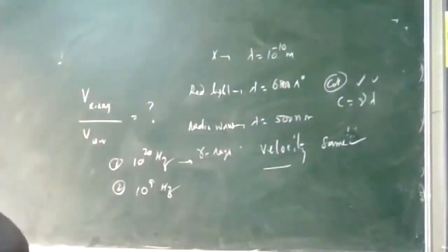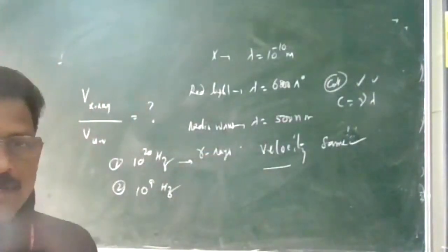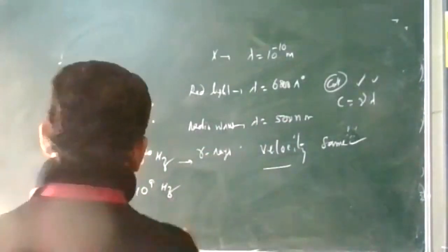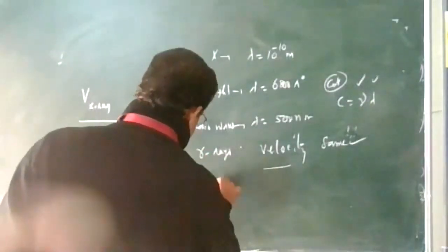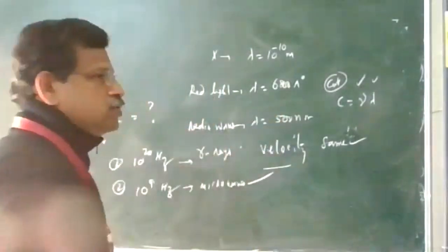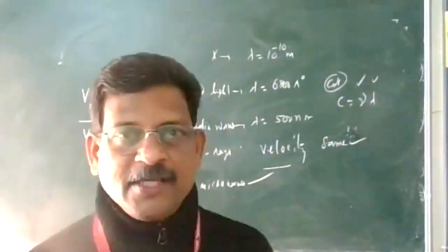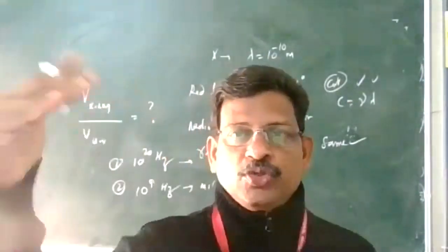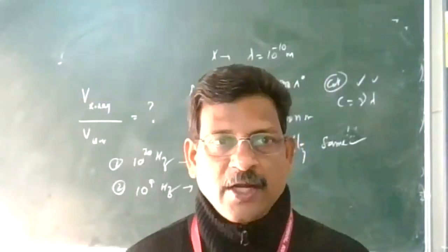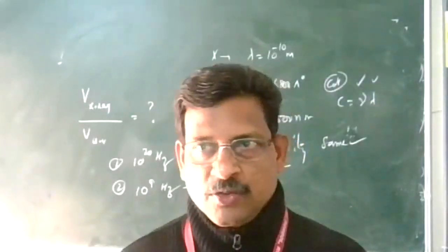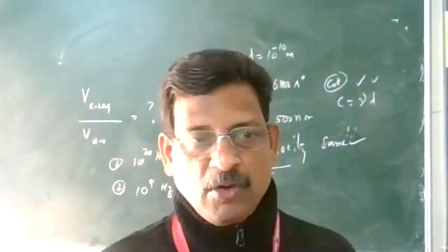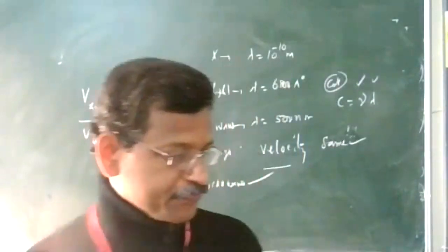And about 10 to the power 9 hertz, radio or micro, you can check. So they are coming in the range of microwave. So from the range of wavelength, you should recognize the frequency. For that, 2-3 values: top, middle, and bottom. Radio waves, and you can take infrared and gamma rays. So you ought to remember the frequency range. So you should recognize whether it is coming above that or below, in between. So you ought to remember that.